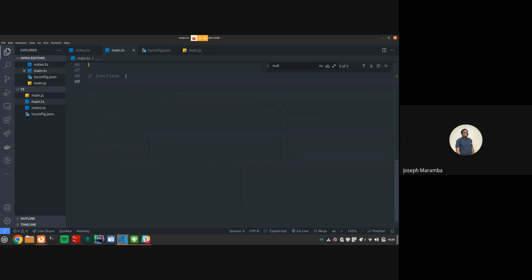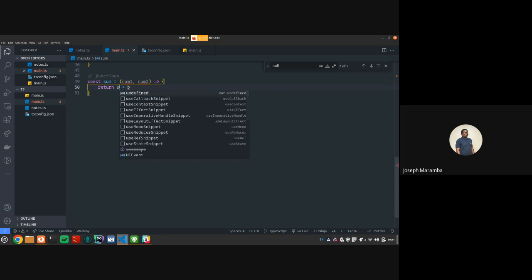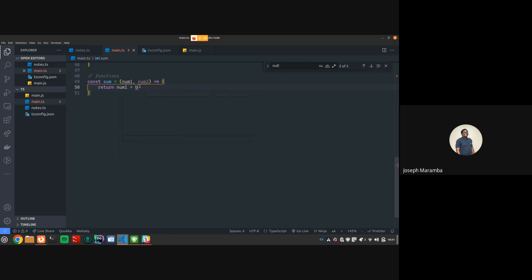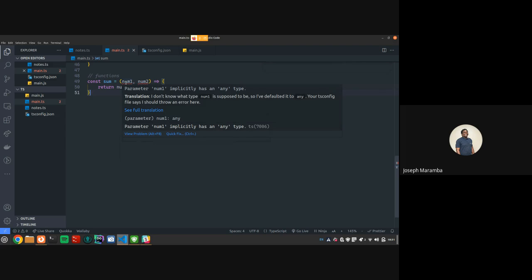Now let's just create a function called sum. Assuming it takes two numbers, let's just write it as JavaScript, assuming I'm just learning TypeScript. Then it returns a plus b. Say num1 and num2, so that it reads quickly. So you can just start with JavaScript and then build up to TypeScript. This is how you'll write this function in JavaScript. But if you hover, I'm told